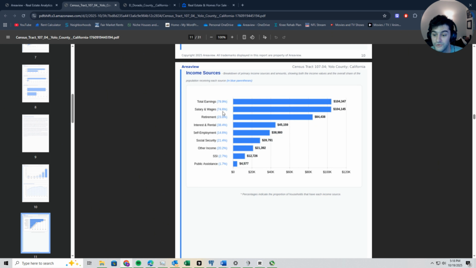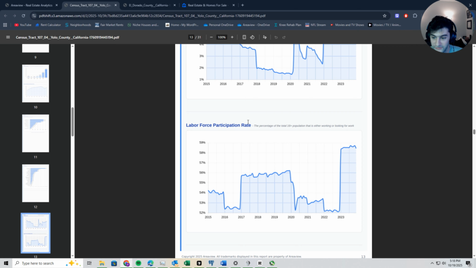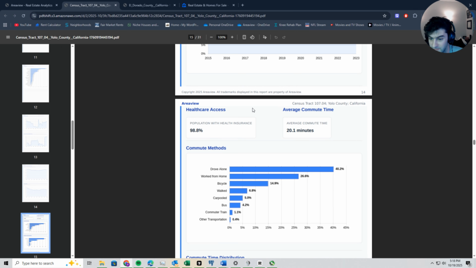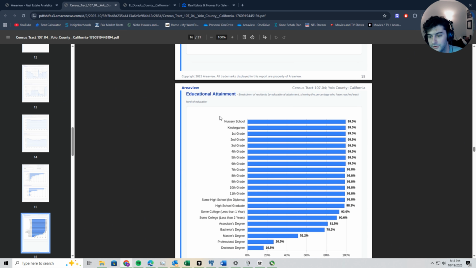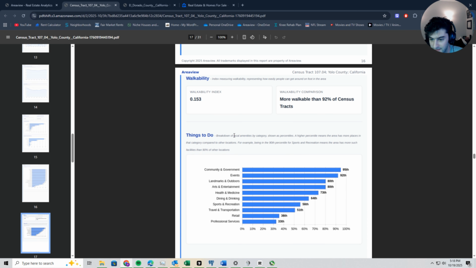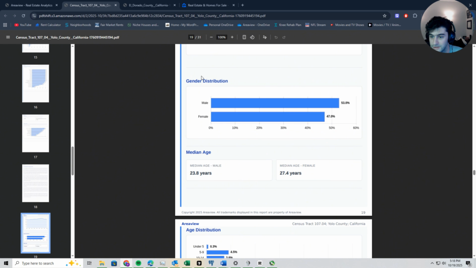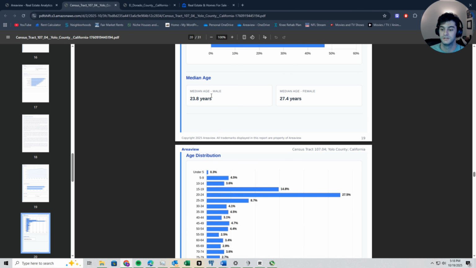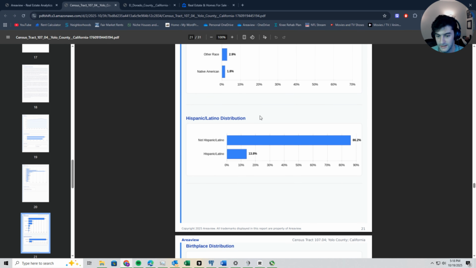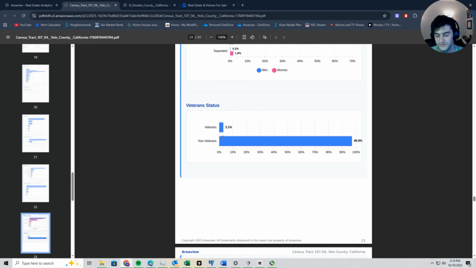historical median income, income sources, occupation, unemployment, labor force participation, income inequality, poverty rate, healthcare access, commute times, commuting methods, commute time distribution, educational attainment, it's a big one, walkability, things to do, and then moving on to demographics. This is basically population, gender distribution, median age distribution, population density, race, Hispanic Latino, birthplace, language, marital status, veteran status,